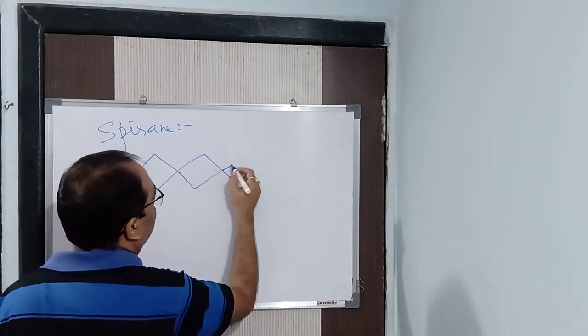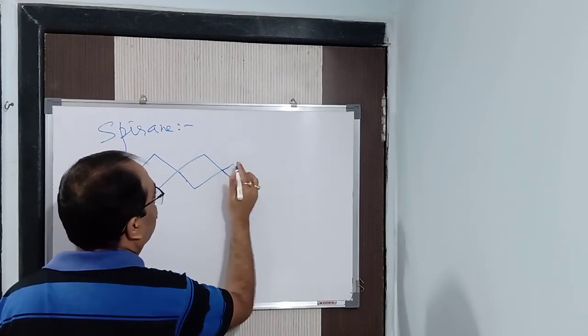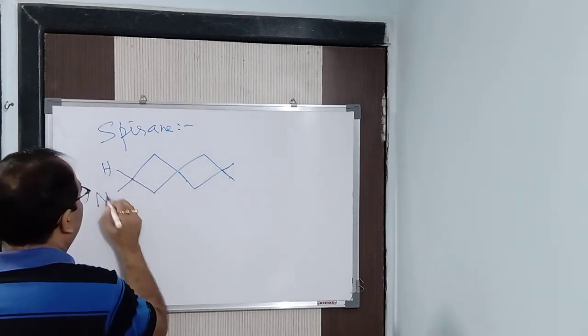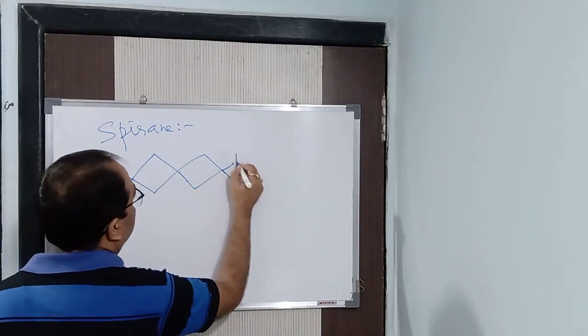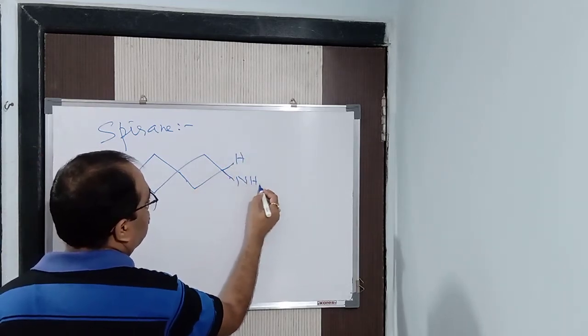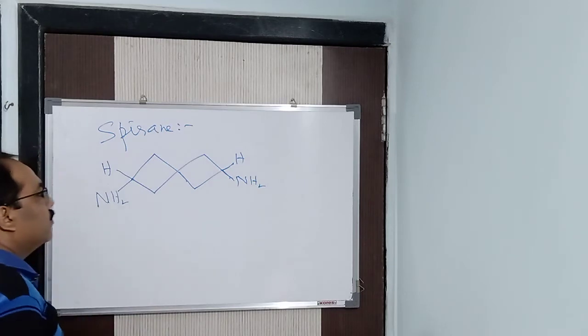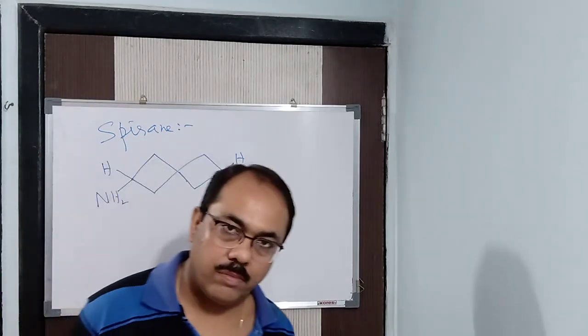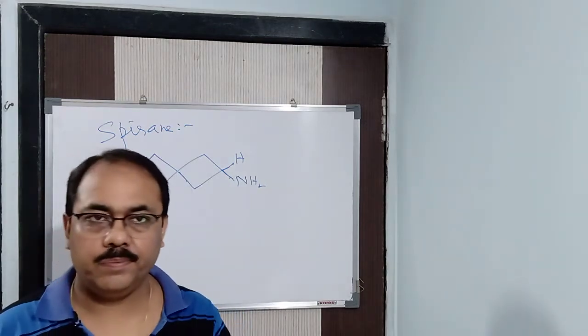Number of. Let us say 2 only I put it. Why to confuse you so much? Let us say here is H, here it is NH2. Here it is H and here it is NH2. Then what is this? Cis. Isn't it? H, H, NH2, NH2 on the same side. It is known as what? Cis. We can say. Cis.